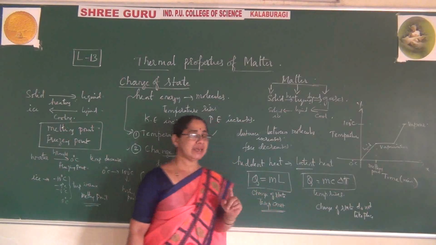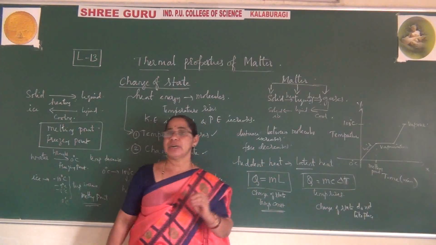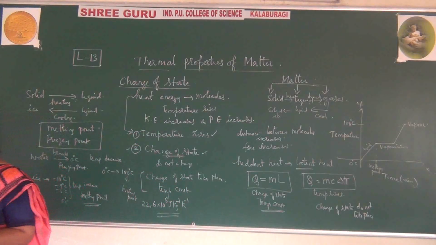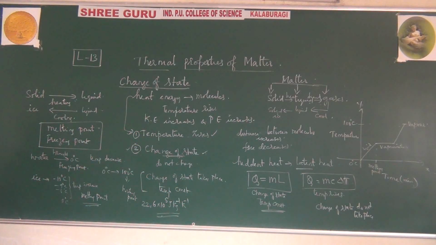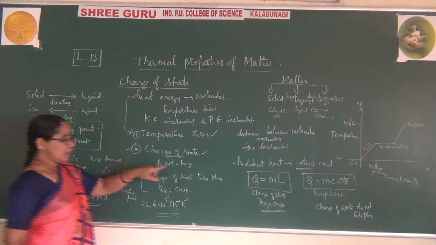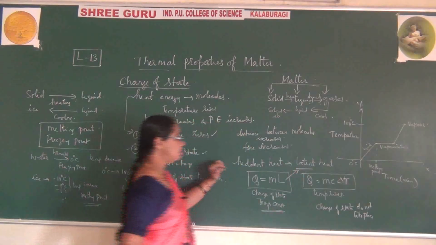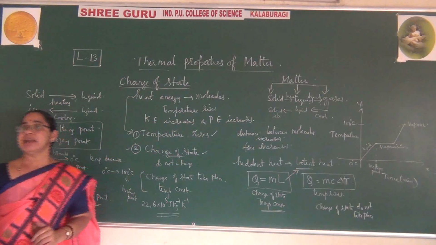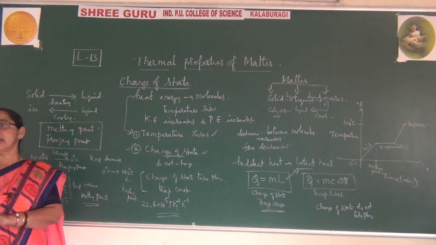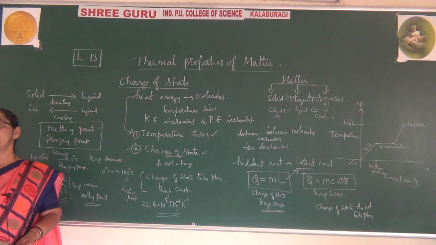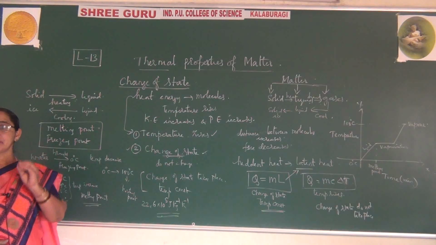You should be familiar with this concept while explaining latent heat. What is latent heat? It is hidden heat. You can write this with respect to the concept of latent heat. Latent heat is represented by the symbol L, the hidden heat. It converts a substance from one state to another. The change of state from solid to liquid, and from liquid to vapor, takes place while the temperature remains constant.